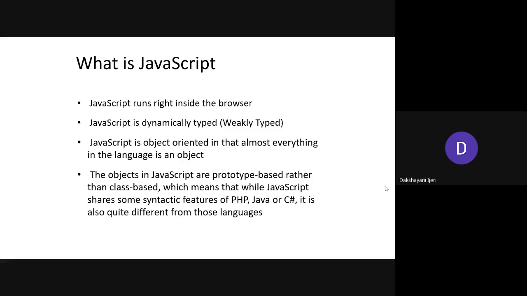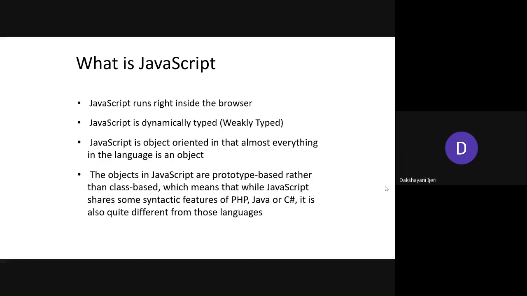Okay. So once we proceed with the contents, you will get to know how you need to decide. So basically, the simple agenda is, whenever you have a very small amount of data to be processed, in that case, you can go for writing JavaScript. If you have a larger amount of data to be processed, which is going to be much more time consuming, in that case, you can go for writing server side scripting.